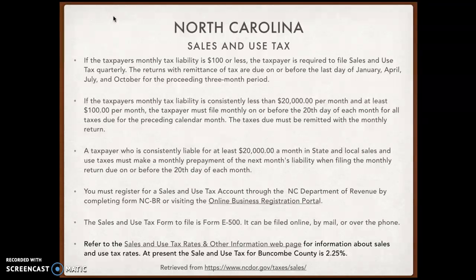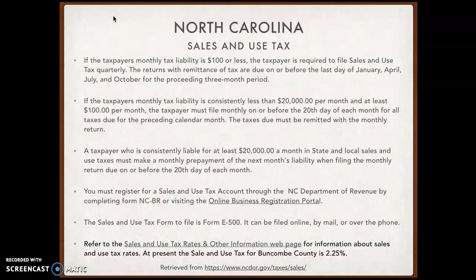Some specifics about the sales and use tax. If the taxpayer's monthly tax liability is $100 or less, the taxpayer is required to file a sales and use tax quarterly. The returns with remittance of tax are due on or before the last day of January, April, July, and October for the preceding 3-month period. If the taxpayer's monthly tax liability is consistently less than $20,000 per month and at least $100 per month, the taxpayer must file monthly on or before the 20th day of each month for all taxes due for the preceding calendar month. The taxes due must be remitted when the monthly